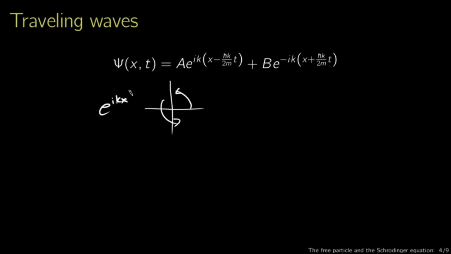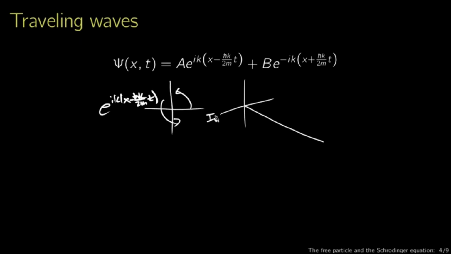If I look at this as e to the ikx, let me redo that a little. i k times x minus h bar k over 2m t. And I treat this as a function of time. Again, we just get rotation in the complex plane. We get rotation in the other direction, but that's not really all that important. What is important is that you can visualize this, if you want to think about it in 3 dimensions,